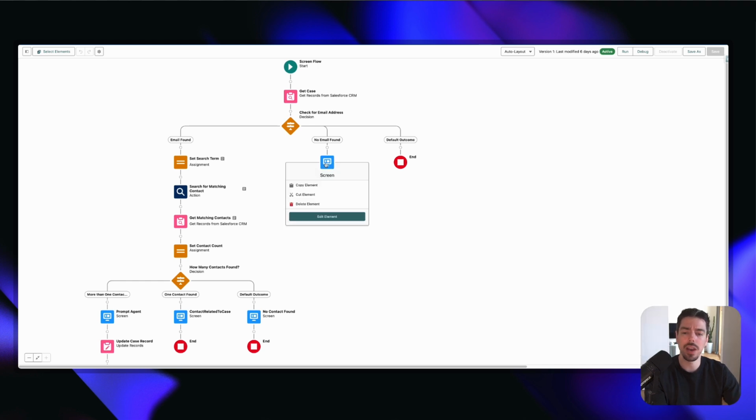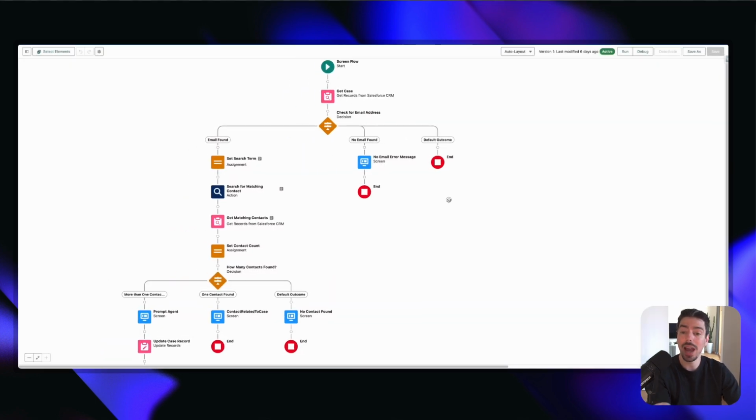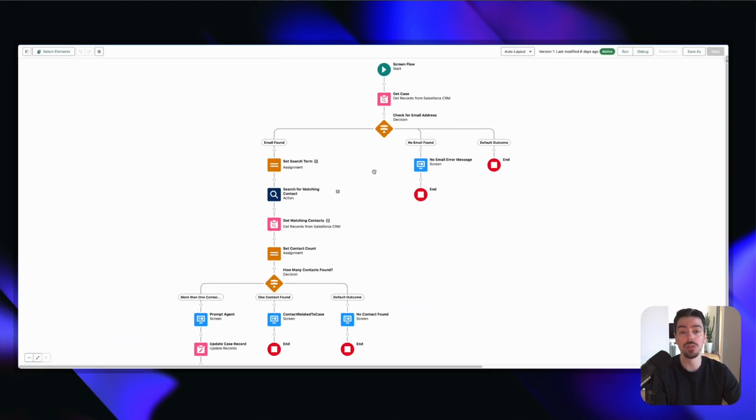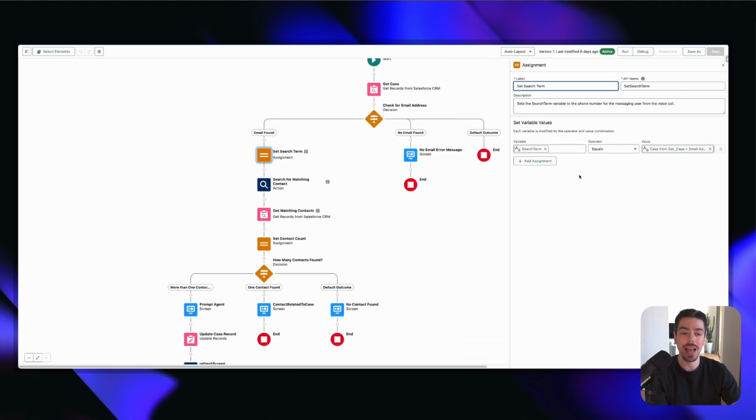So if no email address is found, then we just have a screen with a display text that says, hey, there's no email address here. We can't look for contacts without an email address. So that's why we have this decision. But ultimately what we want to do is we want to get a case that has an email address and it just hasn't been linked to a contact yet. And so if it has found an email address, then we're using an assignment element. And what we're doing is we're taking the email address from that case and we're adding it to a variable. We've called this variable search term,